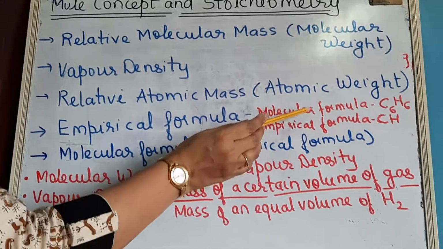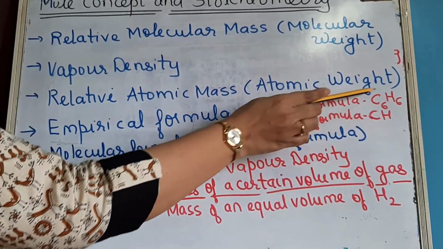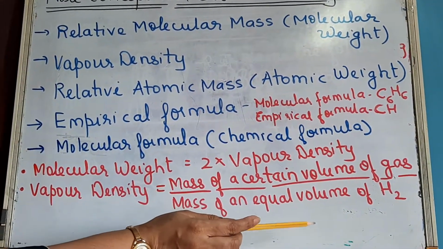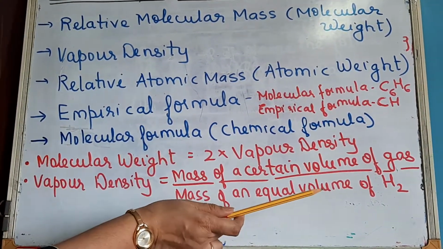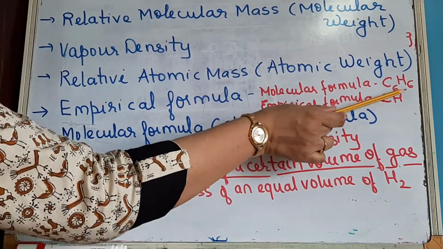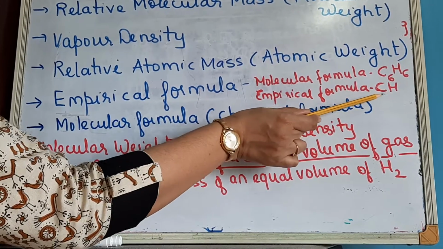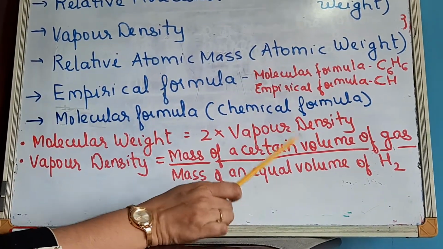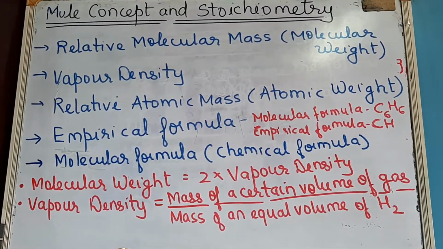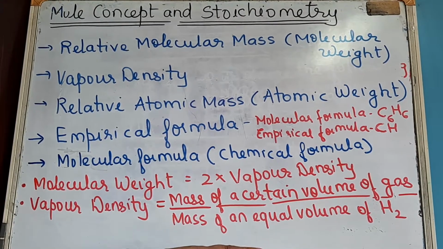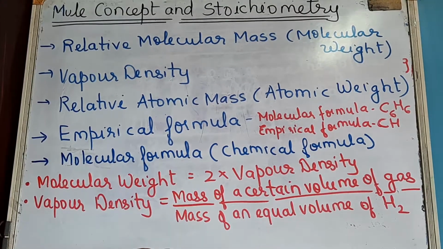Now you know the molecular formula of benzene, this is an organic compound, benzene, C6H6. Okay, this is the molecular formula. Now what is the simplest ratio between carbon and hydrogen? You can divide throughout by 6. So the simplest ratio will be 1:1, so CH. So the empirical formula of benzene becomes CH. So this is the simplest ratio in which it can be expressed. Okay, is it clear? So you will have numericals based on empirical formula and molecular formula. Okay, later we will see how to solve those numericals. But first I am just discussing what theory you are required to know with respect to this chapter.